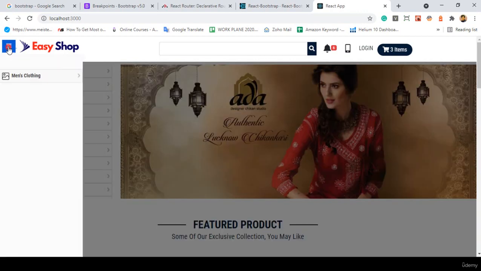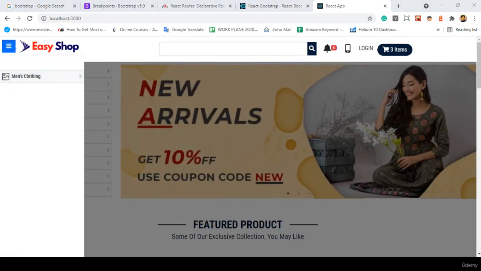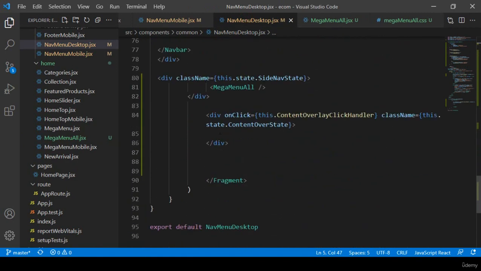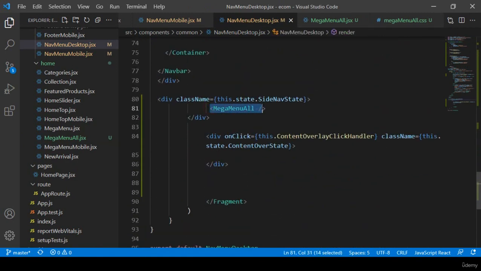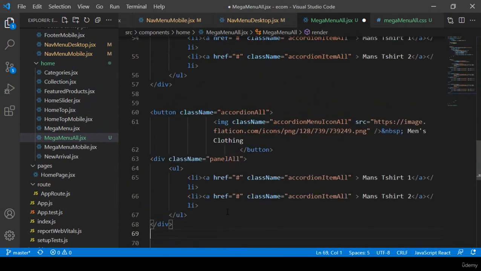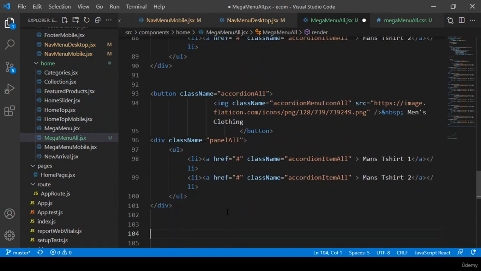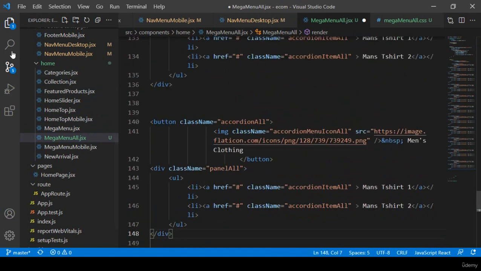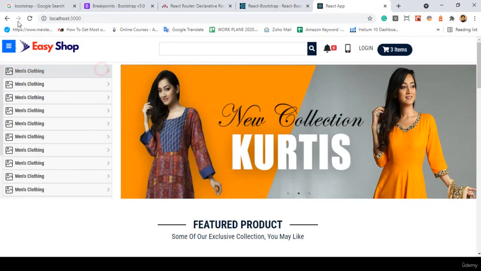So right now there is another menu I have loaded. Which one? In our nav desktop, now I have loaded our mega menu all. This mega menu all means in our home, and that is the mega menu all, right? So into the mega menu all, right now they have one button. Better I copy it, I paste, I simply add it. So literally every data will be dynamic, that means every menu will be dynamic. So now I simply create the design. I paste it, click save all, and now if you go and refresh it,